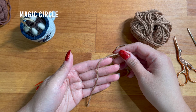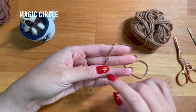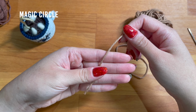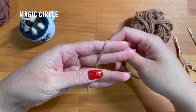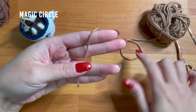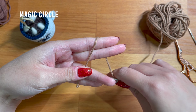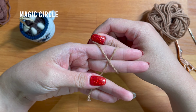Here's how I like to make my magic circle. I'm going to hold the tail end of the yarn in my hand, like so, with the tail pointing downwards. I'm going to hold the yarn tail down with my left thumb here, then wrap the working end, which is the end that is attached to the ball of yarn, around my index and middle finger. Then I'm going to bring the working end back to the front and cross it over on top of the tail end to form an X,